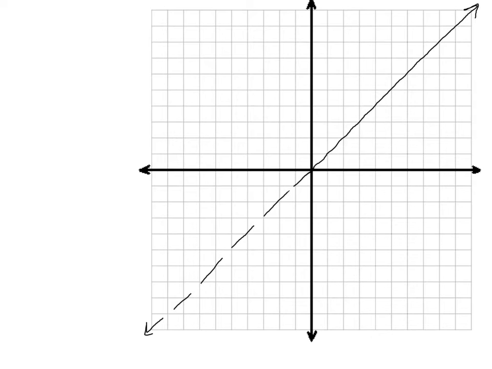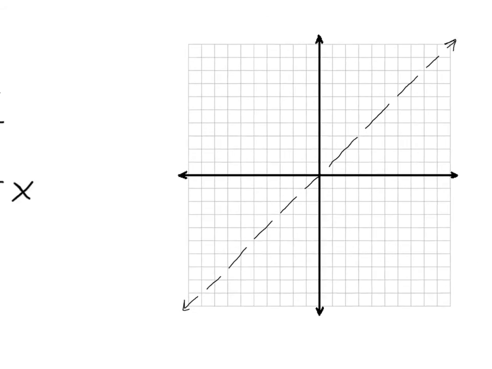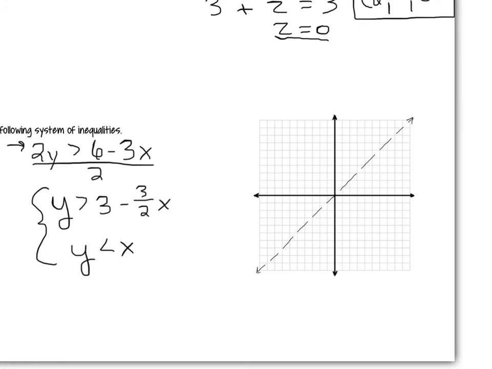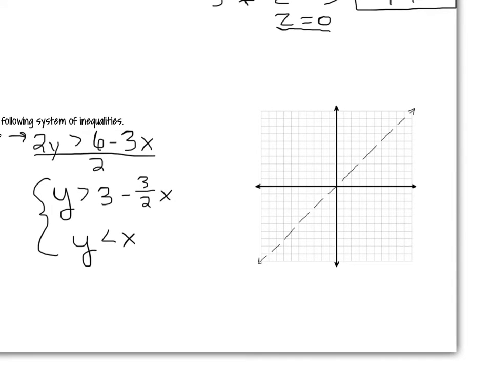Giving myself my dashed lines now. Like I said to you guys, feel free just to erase, okay? Now my other equation, if I zoom out just to show you what it was one more time, we have 3 minus 3 halves x, okay? That means I'm going to have a y-intercept of 3, draw them right there,